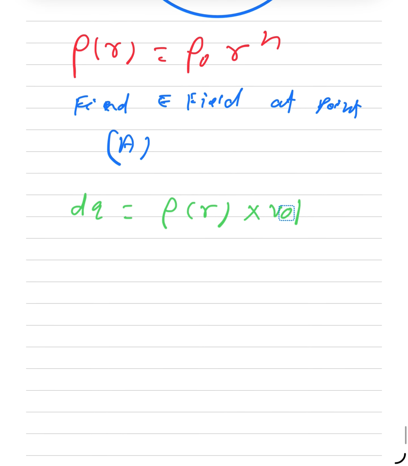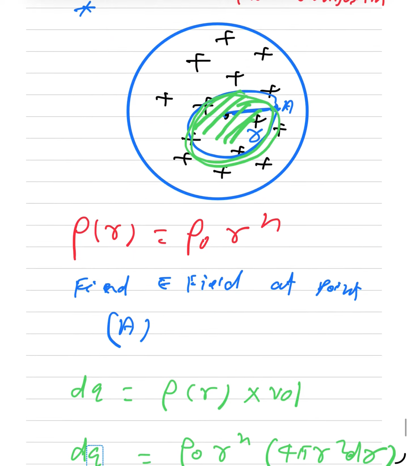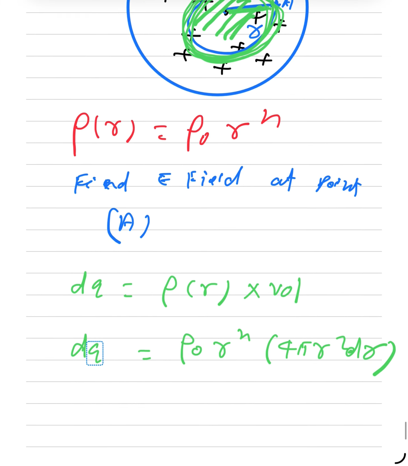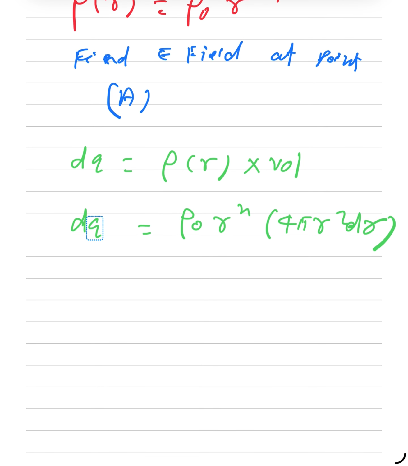So dq equals rho naught r power n, and the volume is 4 pi r square dr, because this is the radius and dr is the thickness of a small spherical shell, like a layer of onion. Now the electric field inside the region,